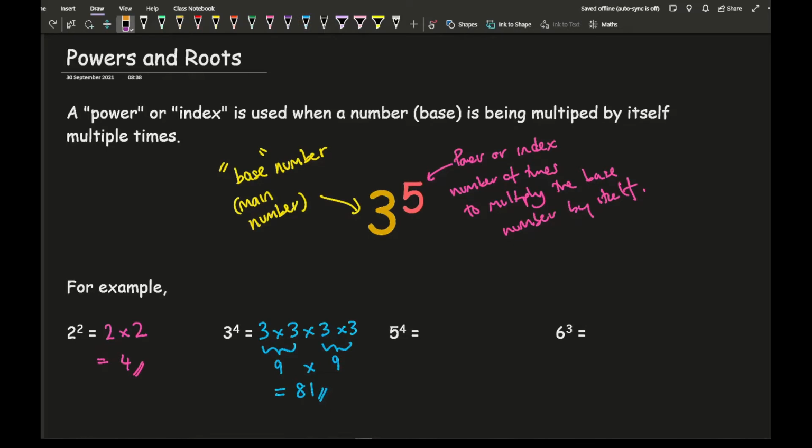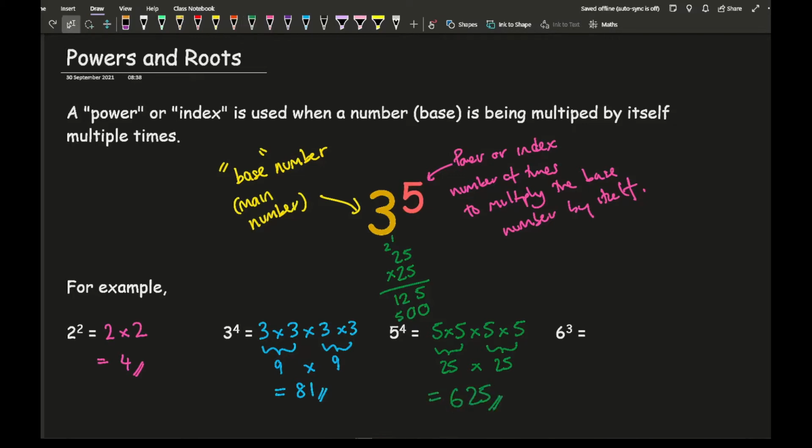Then for 5 to the power 4, that's going to be 5 times 5 times 5 times 5, which is going to be 25 times 25. Now if you can't work that out in your head, which no one will be expecting you to do, all you need to do is some long multiplication. Whichever way you prefer, you'll get the same result. So 5 times 5 is 25, 5 times 2 is 10, plus 2 is 25, add a 0, 5 times 2 is 10, carry the 1, 2 times 2 is 4, plus 1 is 5, so the answer is going to be